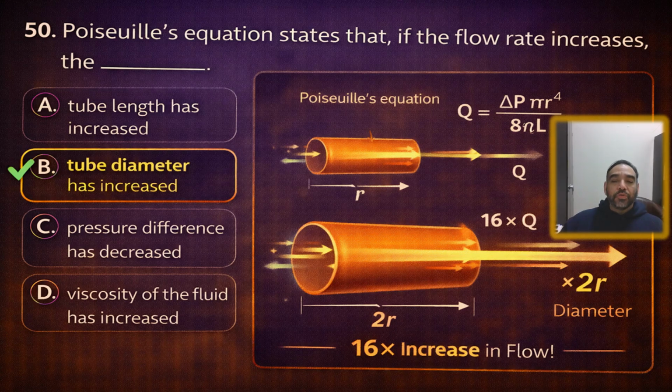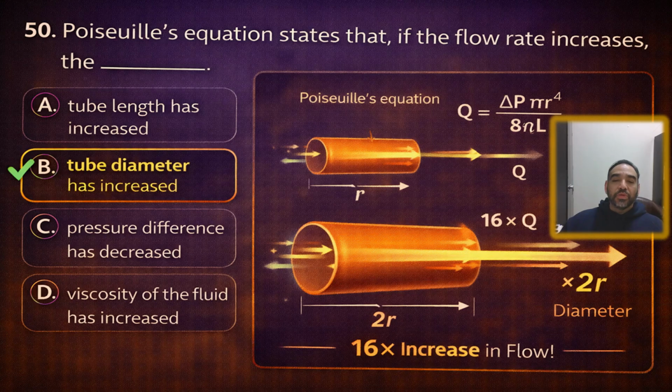So if pressure differences decrease, flow decreases. So again, this one's not correct either. And then the last one, D, viscosity has increased. So flow is inversely proportional to viscosity. So Q is inversely proportional to 1 over the η, which is the viscosity. So if viscosity increases, flow decreases. Again, opposite effects. And so a mental image or shortcut is when you see Poiseuille's